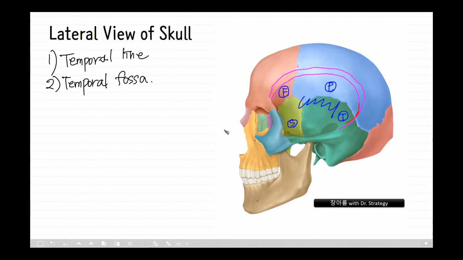It is superior to the infratemporal fossa. The infratemporal fossa is below and deep to the zygomatic arch. As you can see in this figure, the infratemporal fossa cannot be seen well, actually, as it lies beneath the zygomatic arch. The floor of the temporal fossa is usually formed by 4 bones, but sometimes includes the zygomatic bone here.